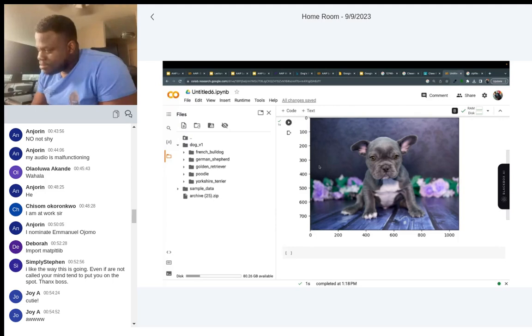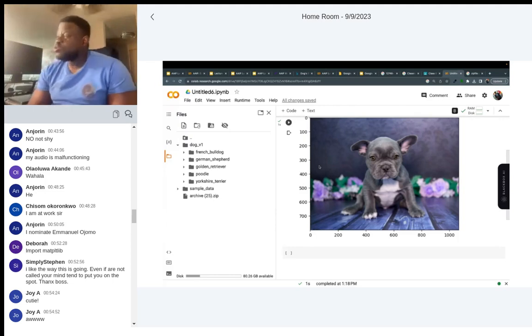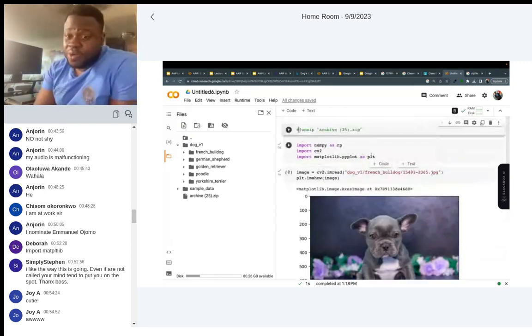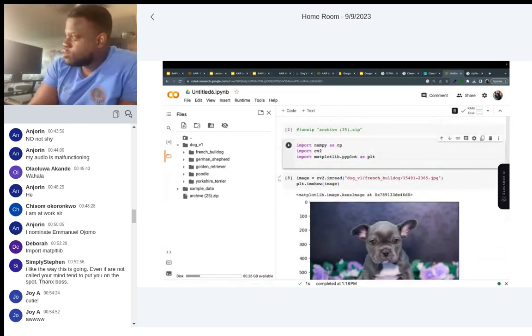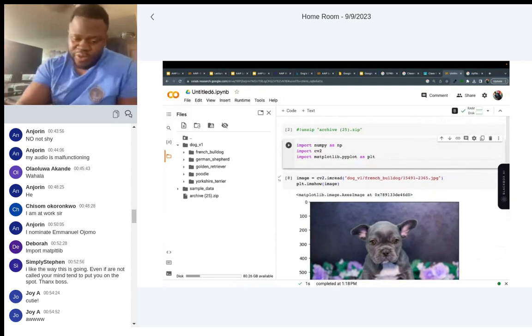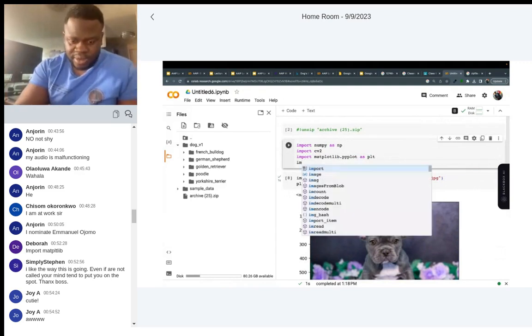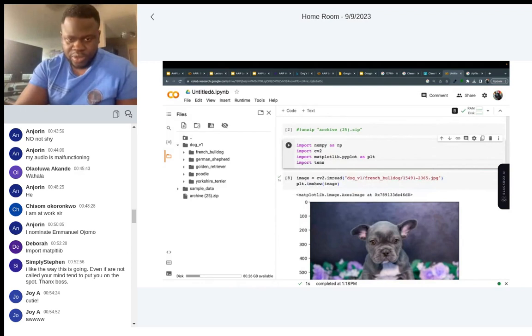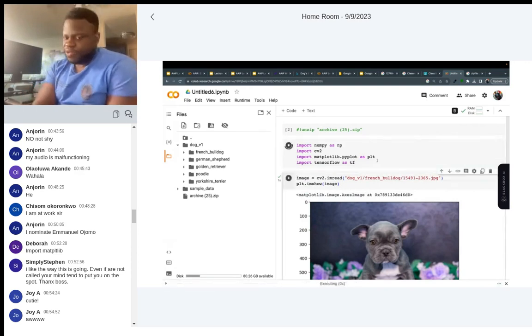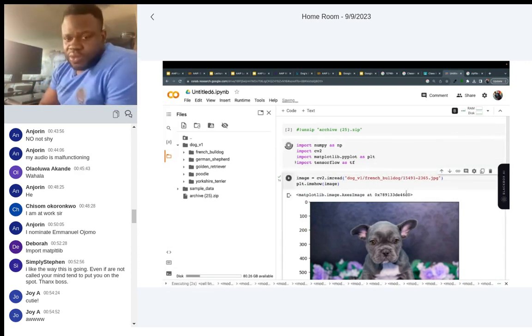We're probably going to want to create a model, and we're going to want TensorFlow. So we import TensorFlow as tf, right? So we've imported TensorFlow. Then what should we do?